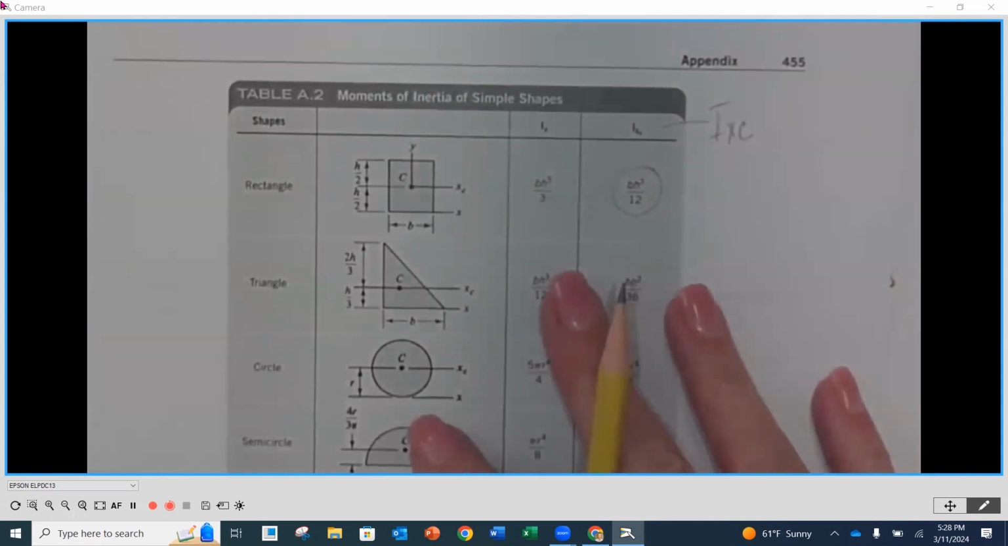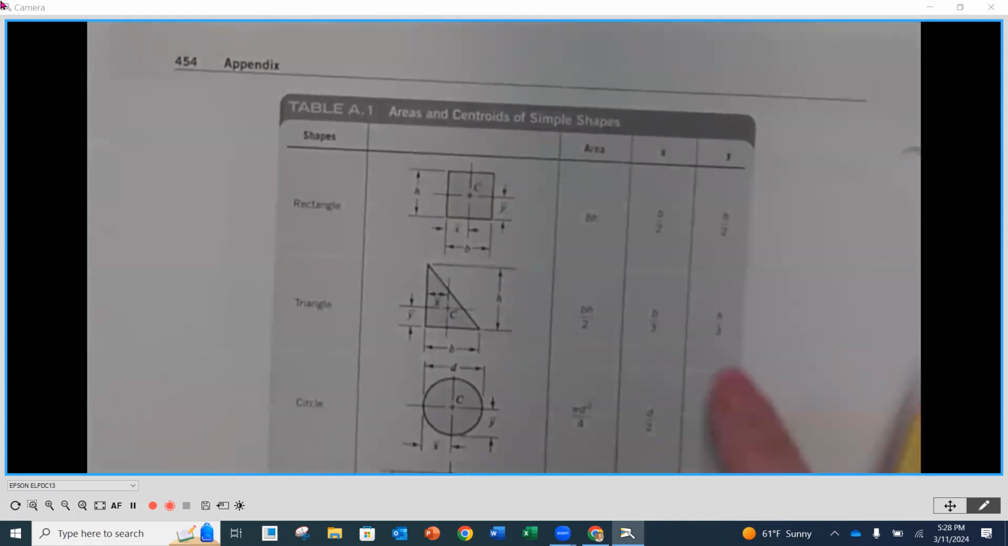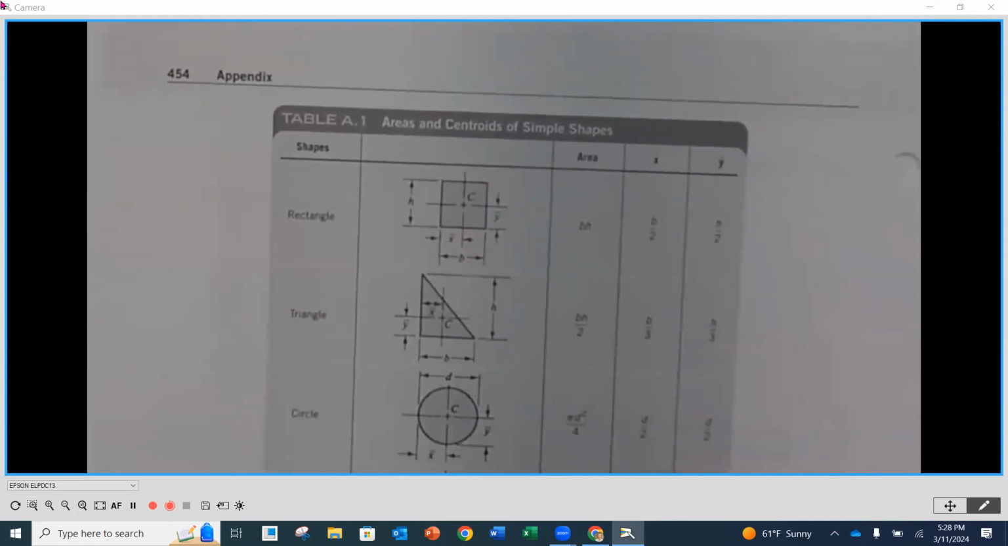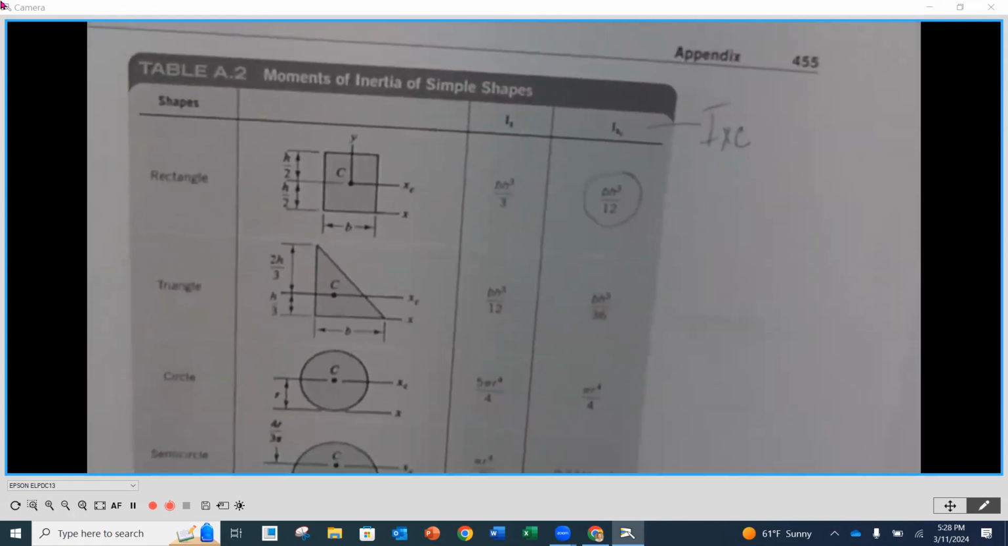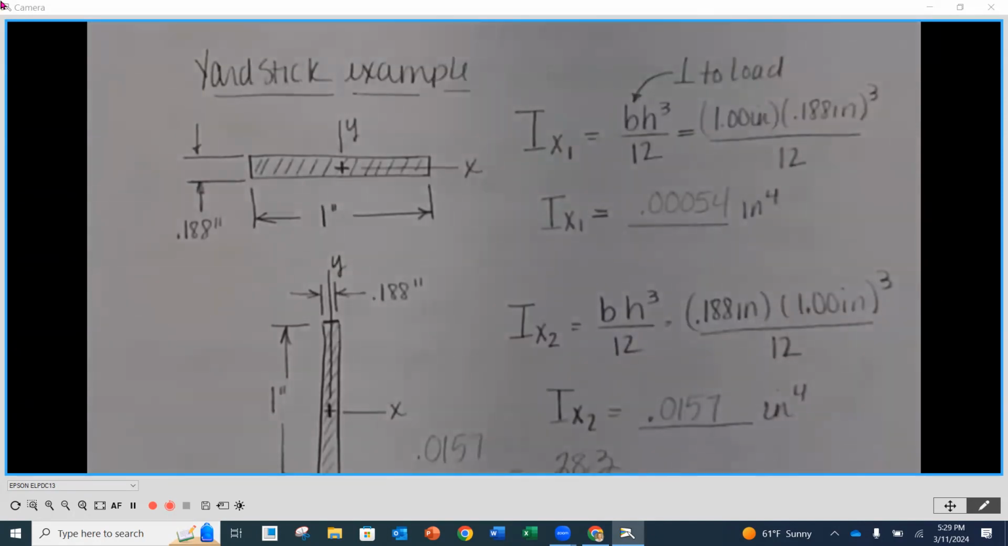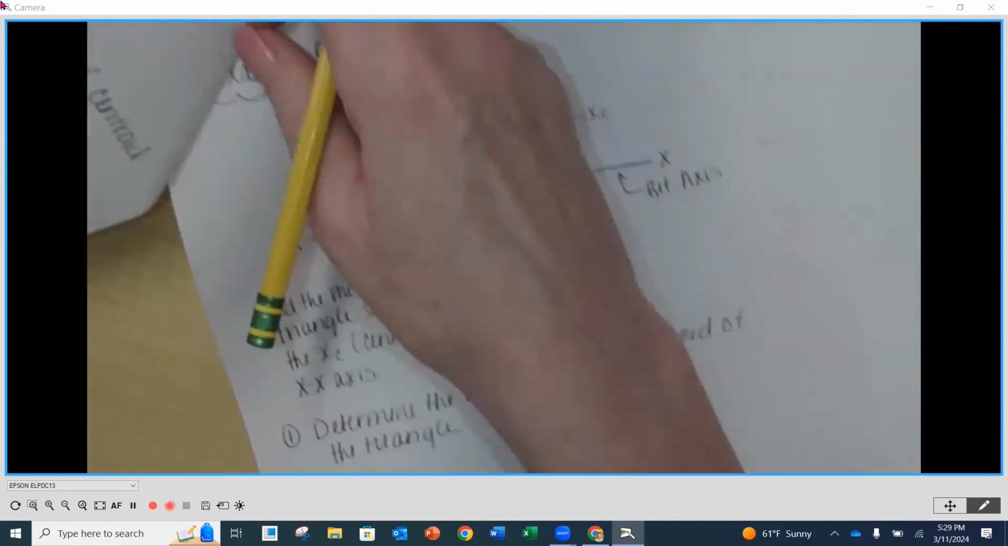So appendix A2, which is the second page in that appendix, that's where we're going to find the moment of inertia information. Okay, A1 was the area stuff for the simple shapes. Okay, and then A2 is going to be the moments of inertia. And that's going to be when we're just dealing with squares, circles, triangles, and such. So as we turn the page,